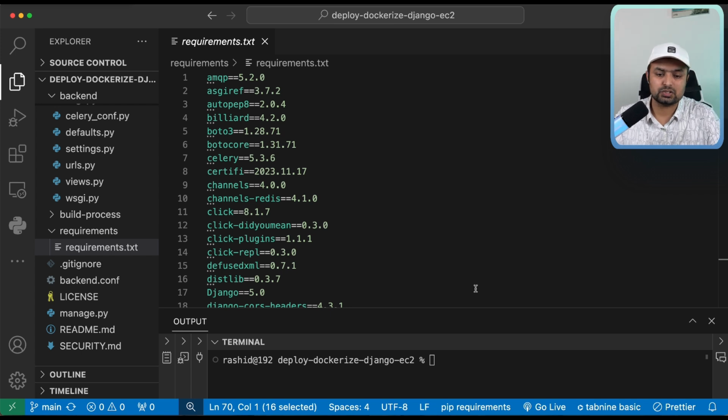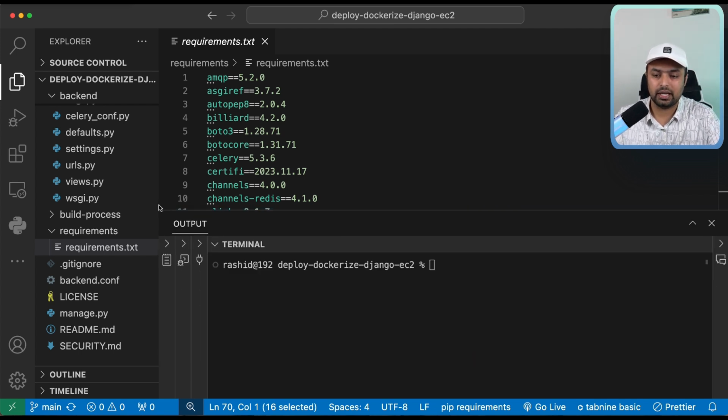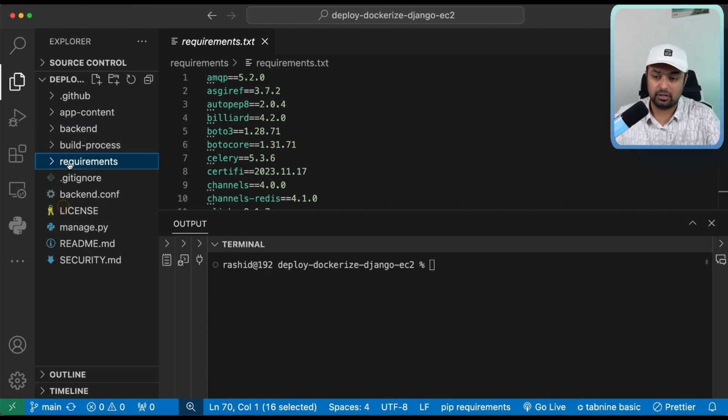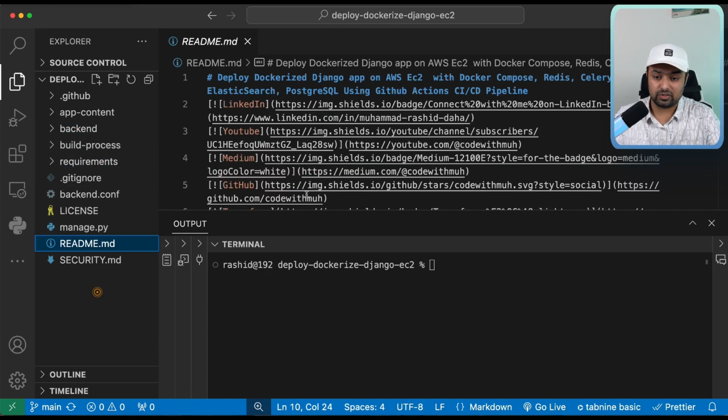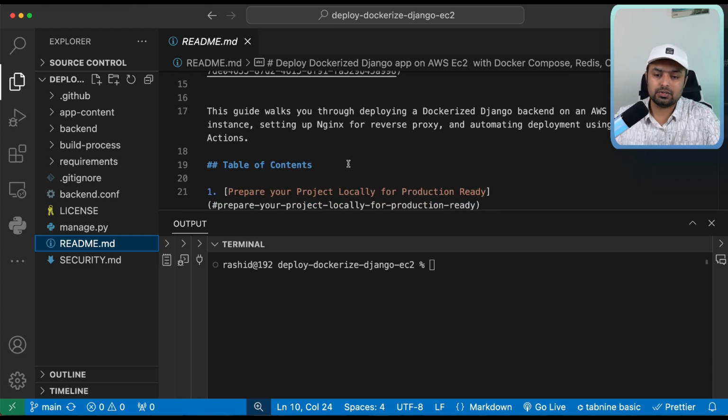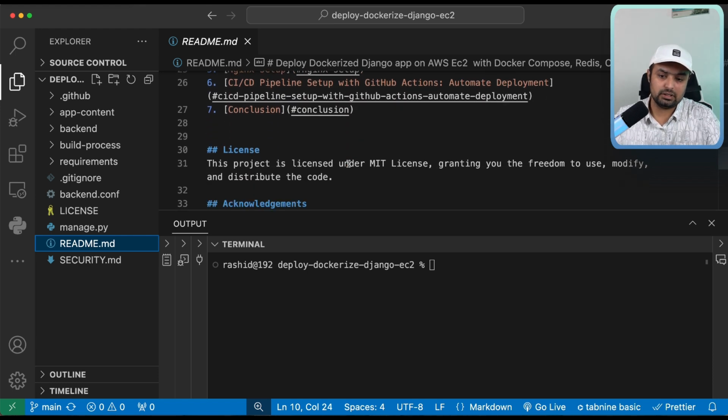This is the basic structure. These changes you have to make in your project, so you can make sure your project can easily run locally first. When you are done with this, I'm just going to run the project